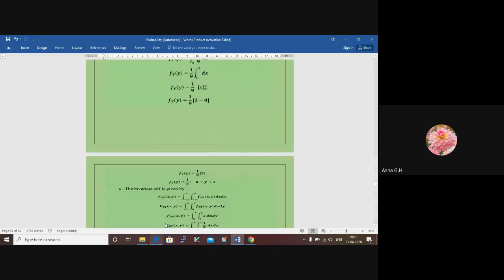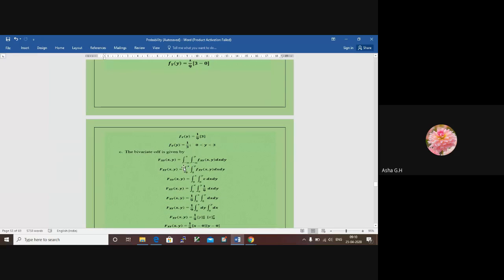Finding out the bivariate cumulative distribution function, minus infinity to x, minus infinity to y. See, when I say cumulative distribution function, when we take the entire f_XY(x, y) between minus infinity to plus infinity, that should be equal to 1 always. Throughout the range, probability should be equal to 1. So here, 0 to x, because beyond 0 we don't have anything, or this is a limit given to us.